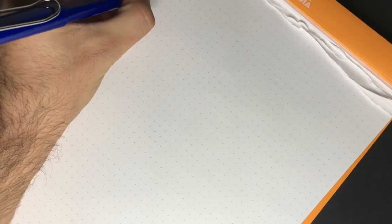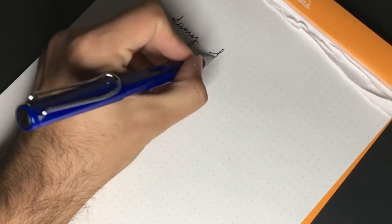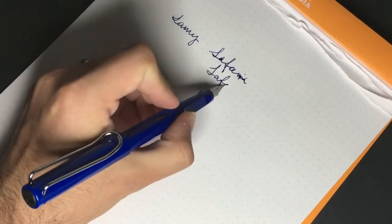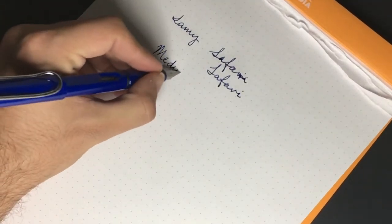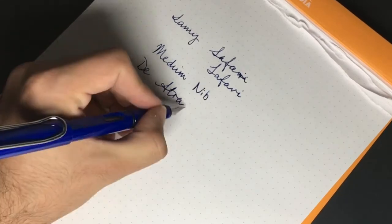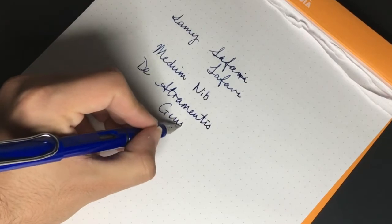So here we have the Lamy Safari. Oh gosh, that was badly written. Try that again. Safari. Writing sort of around lights and all that sort of stuff. This is a medium nib, and the ink is Atramentis Giuseppe